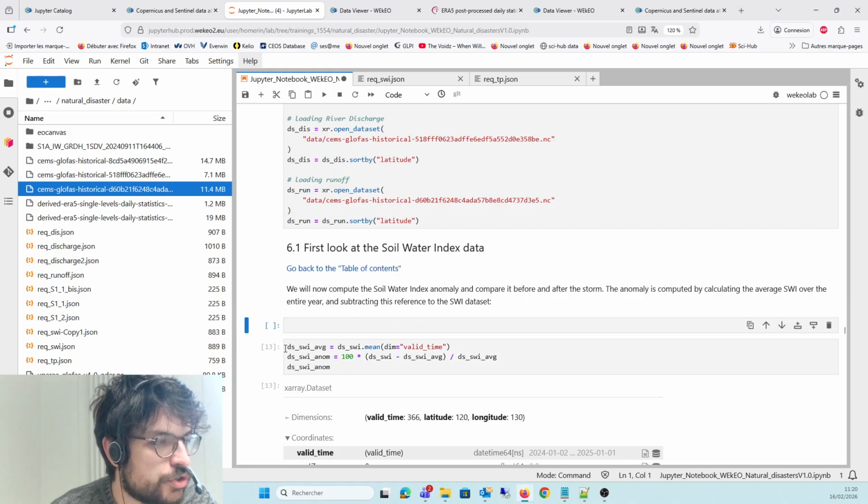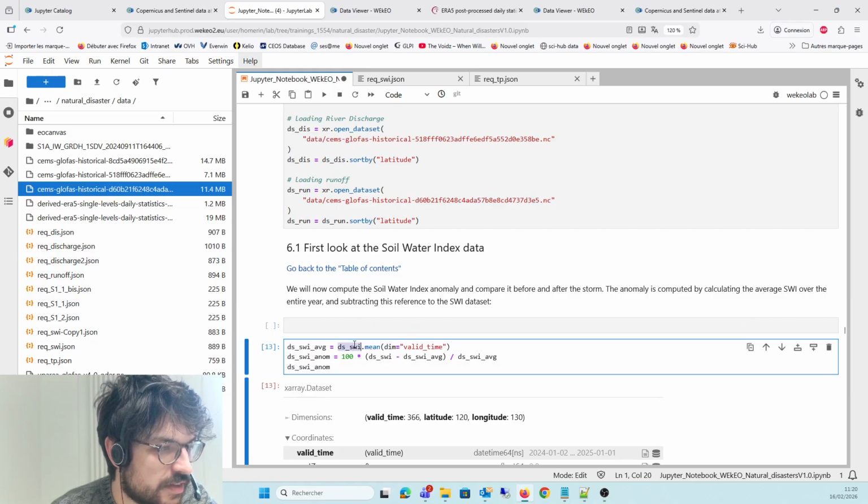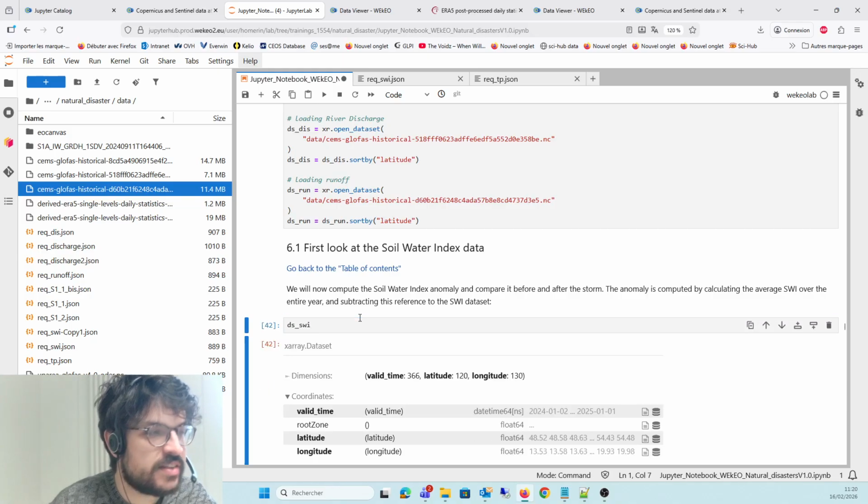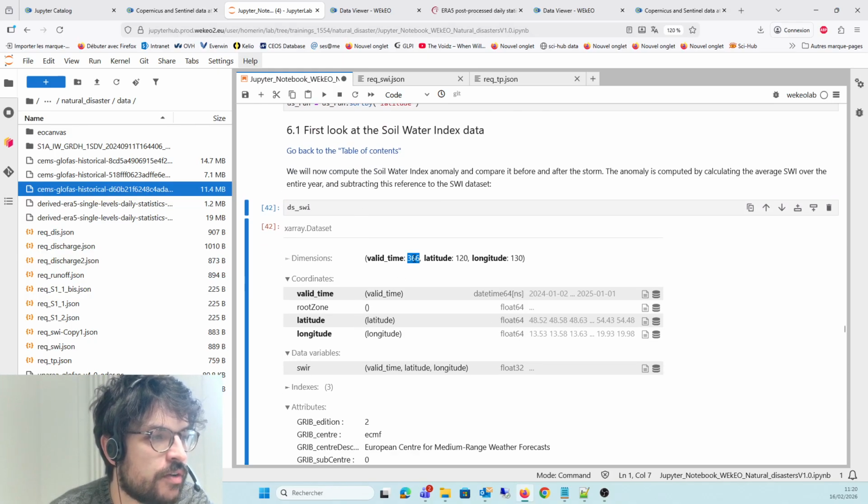Here, just to show you, our raw dataset covers the entire year of 2024. We have 366 days of data, from the 1st of January 2024 to the beginning of, well, the 1st of January 2025. A little offset here, so it's not a problem.